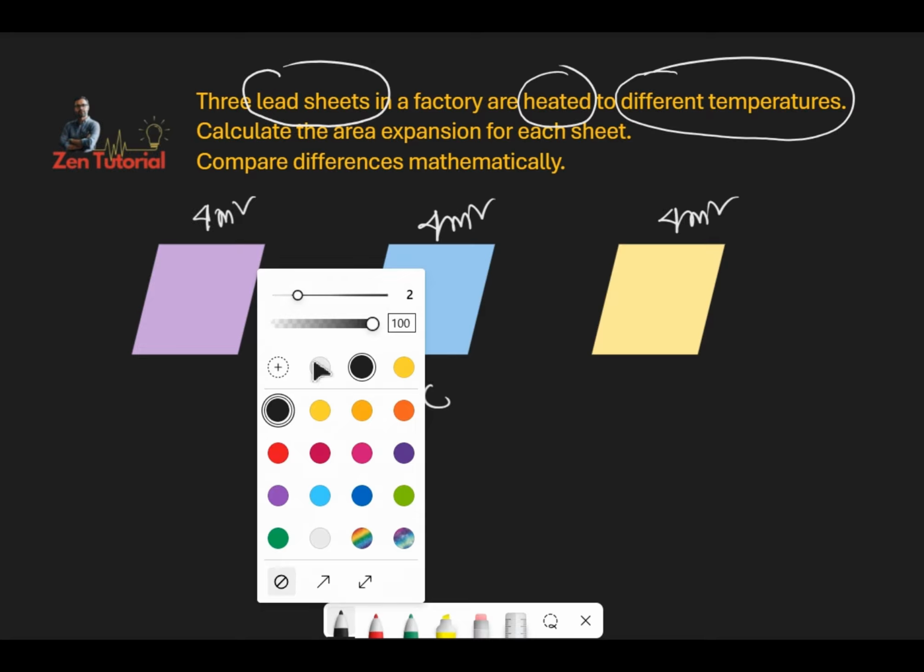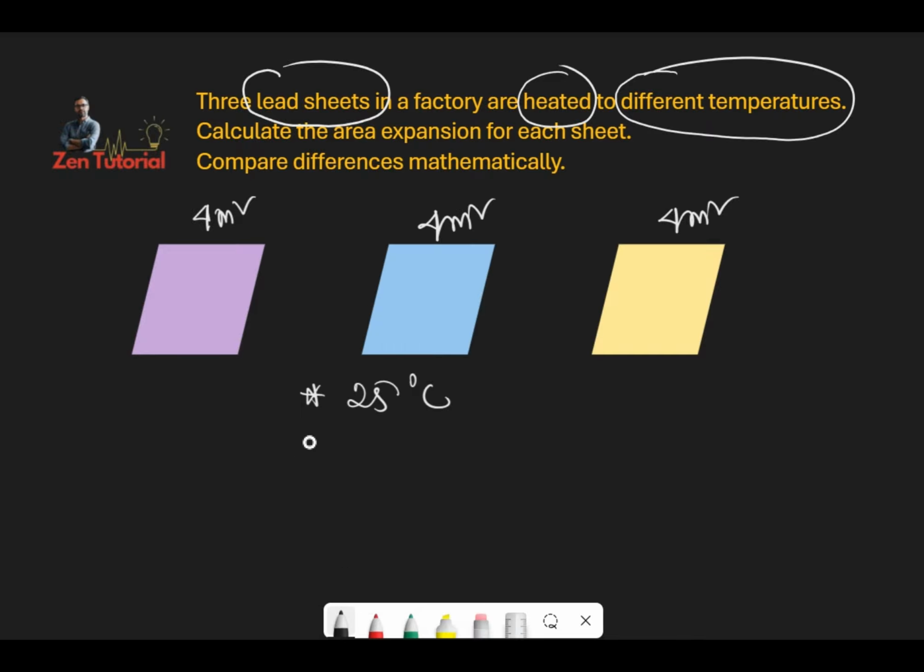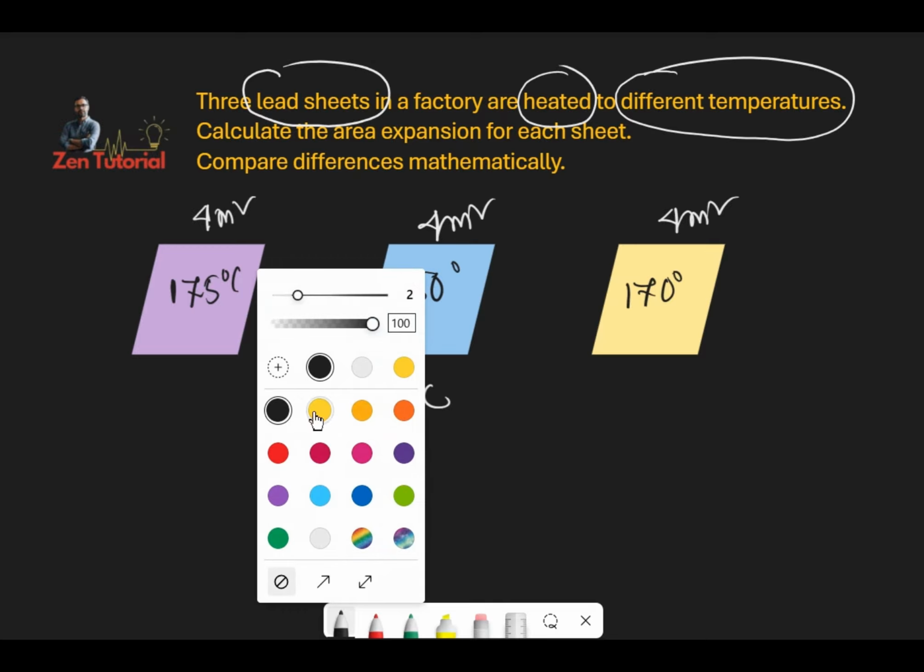and the first one, let's say, heated up to 175 degrees Celsius, which is very important as it's a different temperature mentioned in the question. Anyways, this one will be 150, this will be, let's say, 170 degrees Celsius. Now what we have to do,